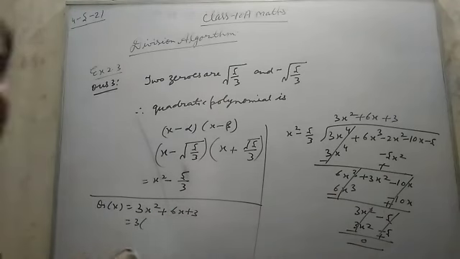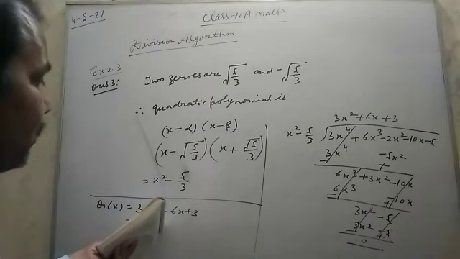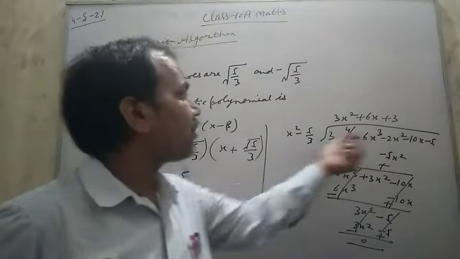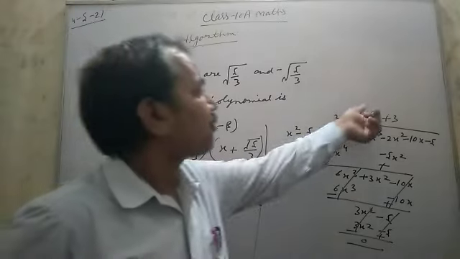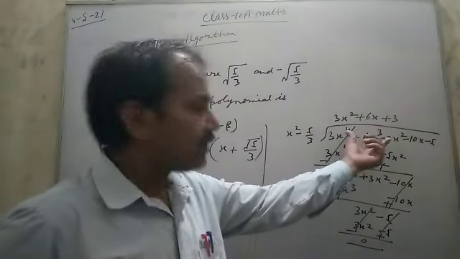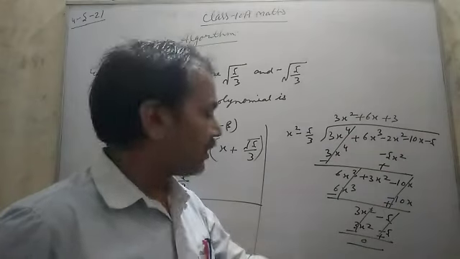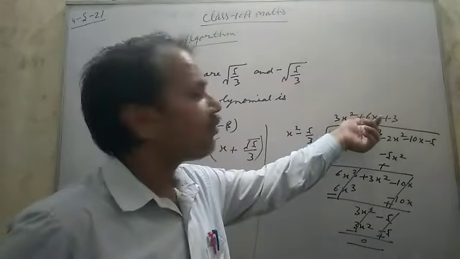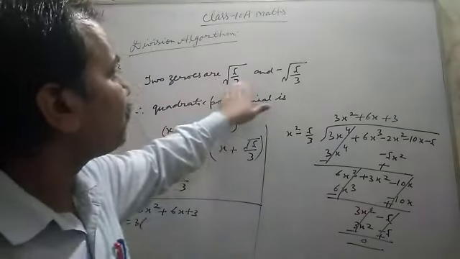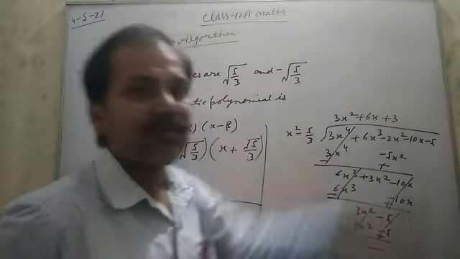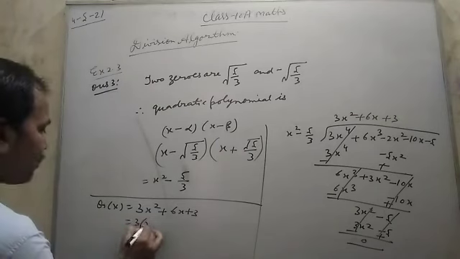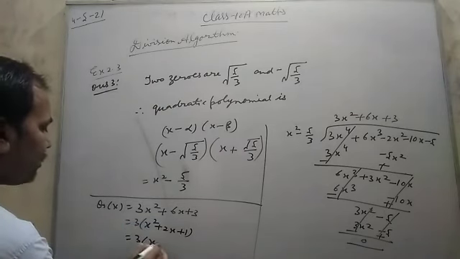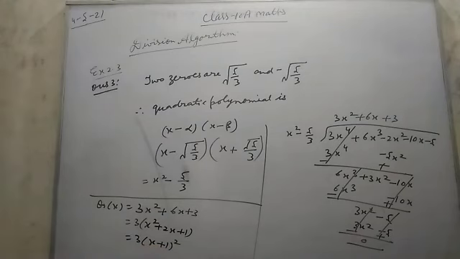So factorize it and find the remaining two zeros from this, because we know that by the division algorithm dividend is equal to divisor into quotient plus remainder, and the remainder is 0. So here for this question the remainder is 0. In that case dividend is equal to divisor into quotient. So the divisor gives two zeros, so the remaining two zeros come from the quotient. So factorize it. So 3 taken common, x square plus 2x plus 1, and this is the whole square of x plus 1 whole square.